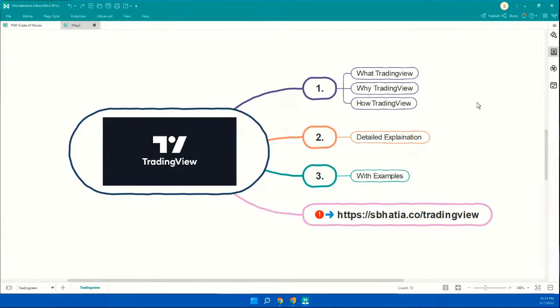That's my objective. So what we're going to cover: what, why, and how. What is TradingView? Why should we be using TradingView? How should we use it? And with complete detailed explanation with examples. Eventually I want you to become a complete zero to hero and master this particular tool,